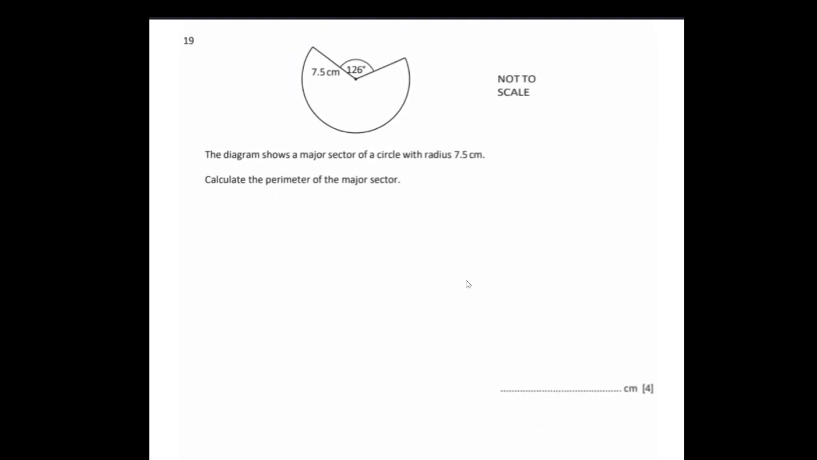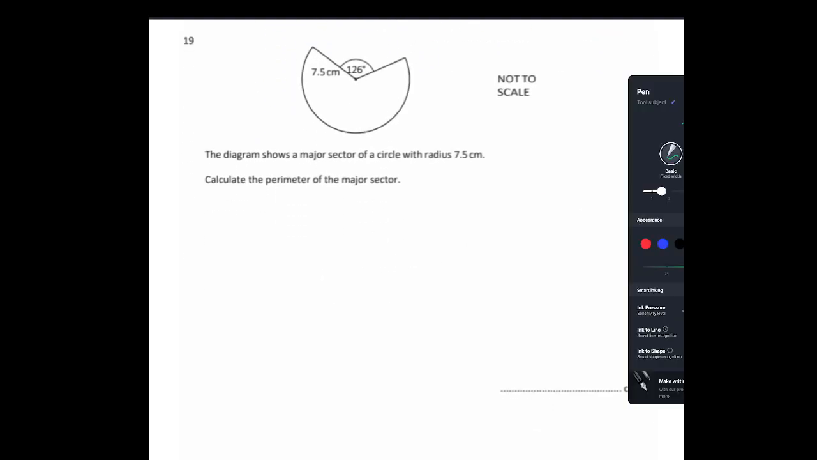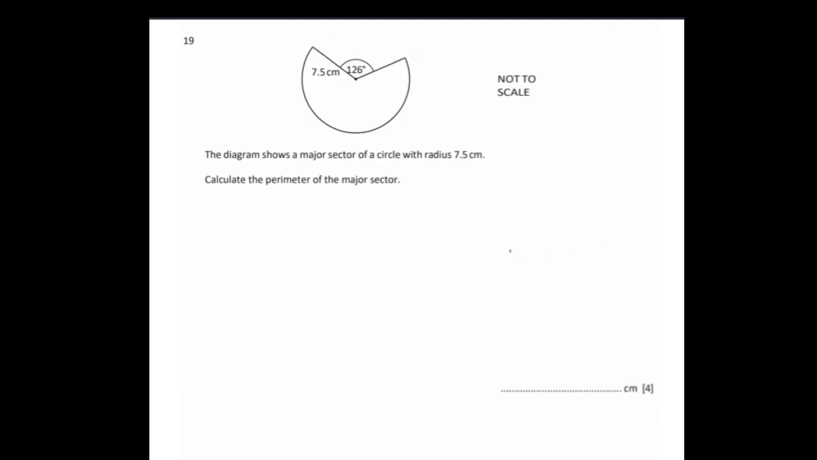Question number 19. The diagram shows a major sector of a circle with radius 7.5 centimeters. Calculate the perimeter of the major sector. So we need to calculate the perimeter, the outline length of the sector. So the perimeter of the sector formula is